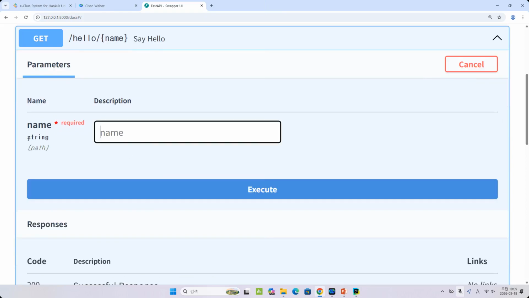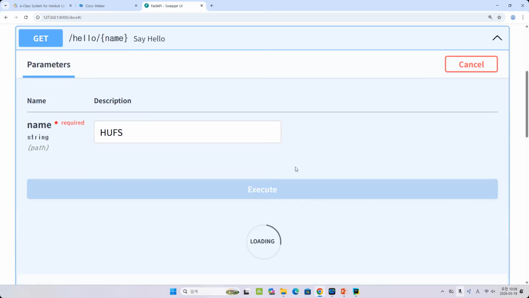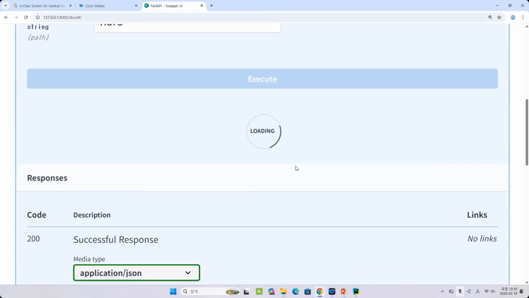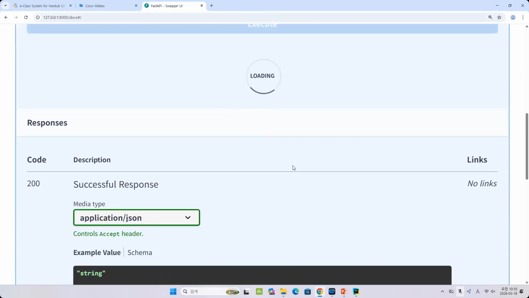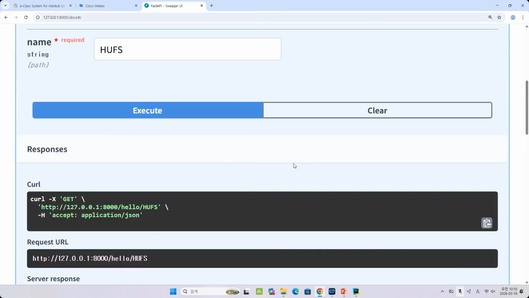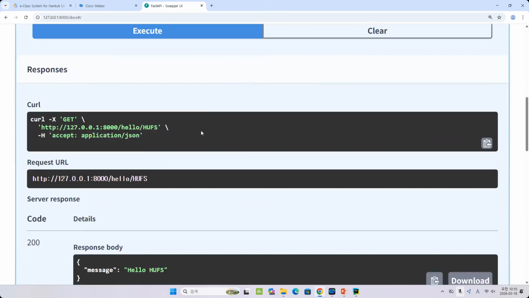When you click try it out, then you can fill in the name. Here, they already define string. Okay. So for example, I type the name Huff. Then when you click execute, oh, it takes some time. Okay. Now, when you type this as Huff,